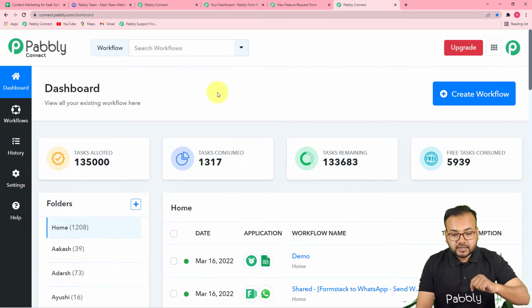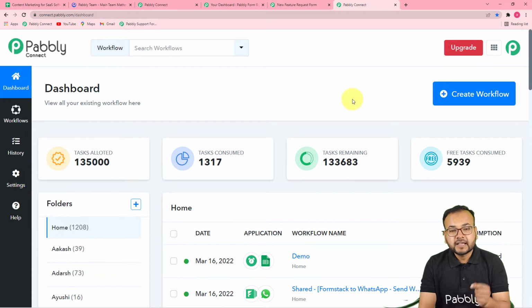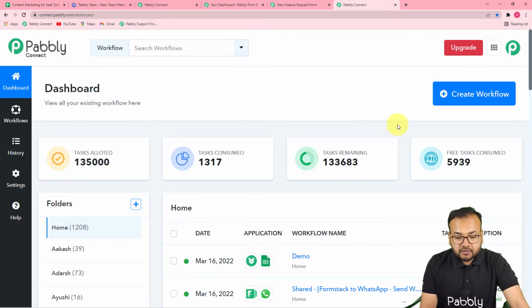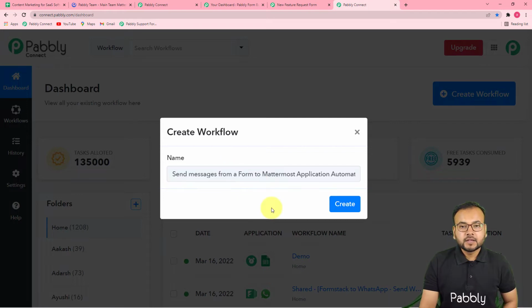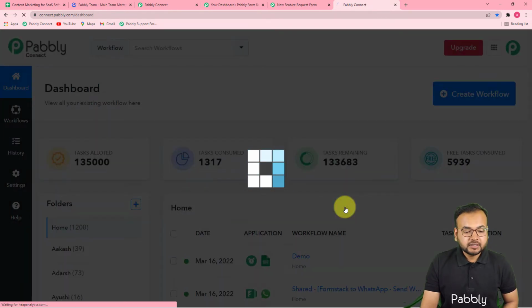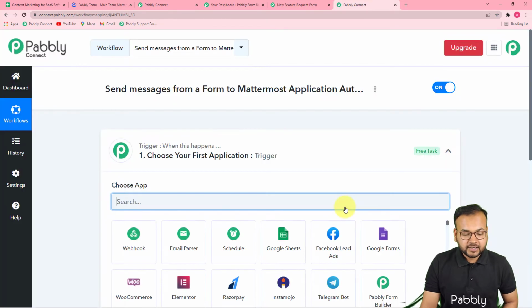Okay, and here on this dashboard you have to start working by creating a workflow. So to create a workflow, you just have to click here on this create workflow button like this, and here you can give any suitable name to your workflow. So let me fill the name here. So guys, I have given the name to this workflow as send messages from a form to Mattermost application automatically. Okay, now you can click here on this create button